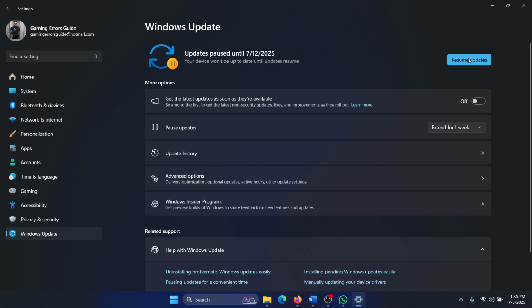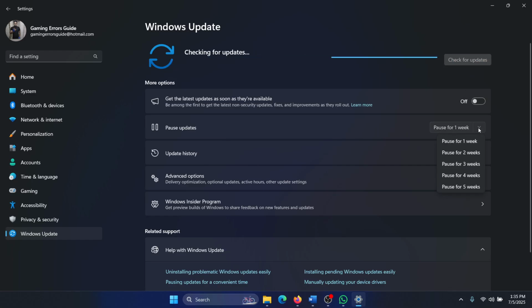To resume it, I can simply click on resume updates, but to extend it for one more week, I can click on this and it extends for one more week, and I can extend it for another week. Now I'll resume the updates, but I'll show you if you wish to pause it for more than 1 week